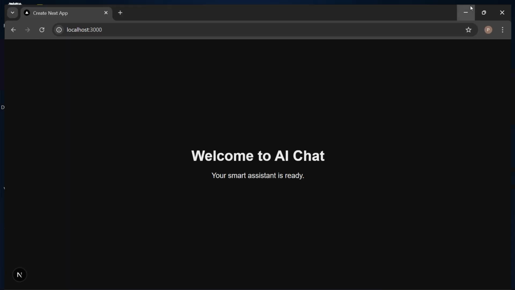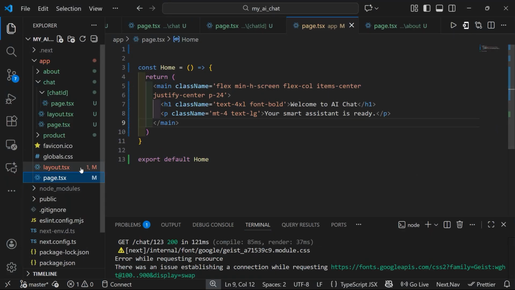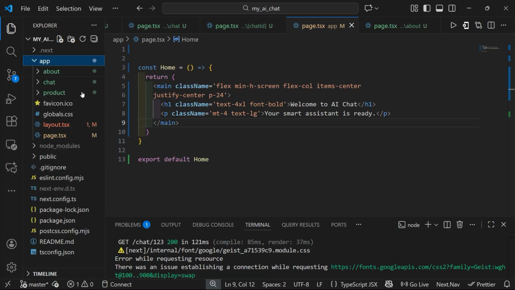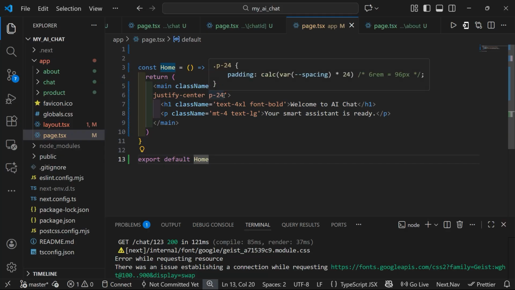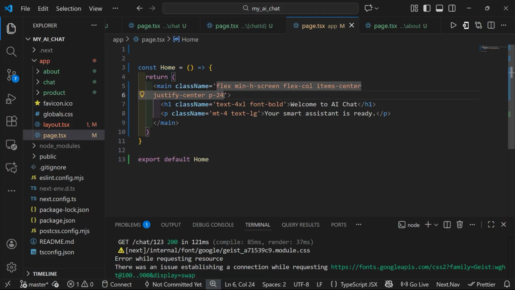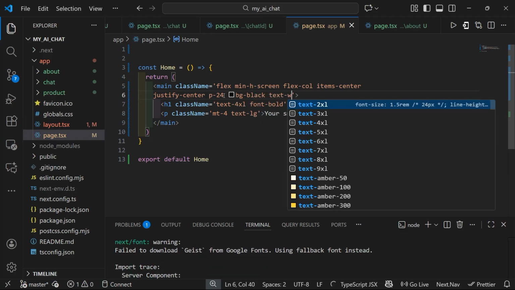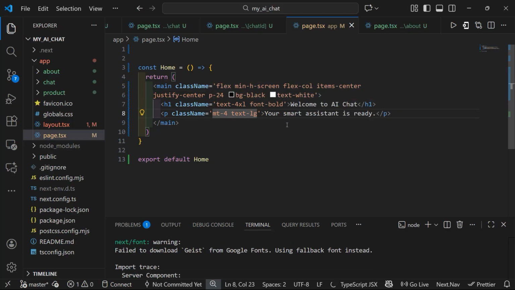So let's go back to the code and open Visual Studio Code and open this page of the root folder and open this page.tsx of the app folder. So here I'm going to close and click on app, then click on this page.tsx and this page will appear. Now here I'm going to specify some class names, like after padding 24 specify bg black and the text will be white like this. Then make this text 5xl,